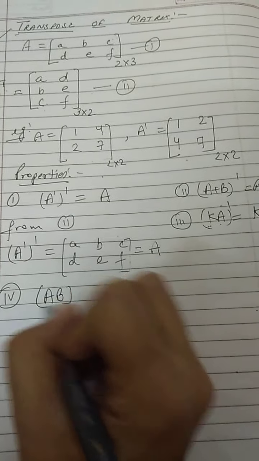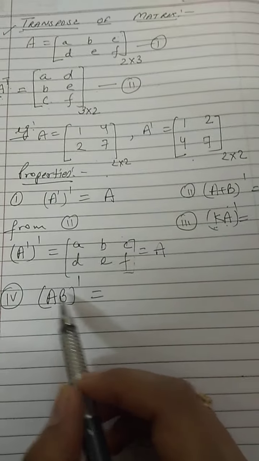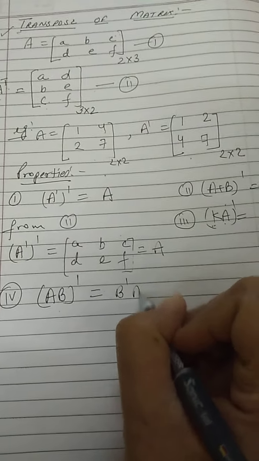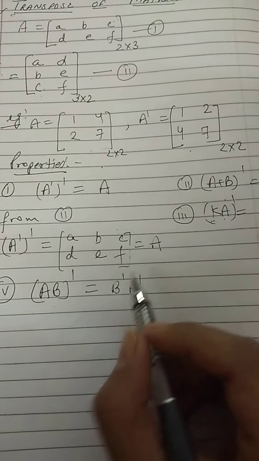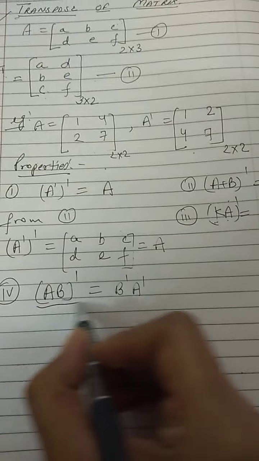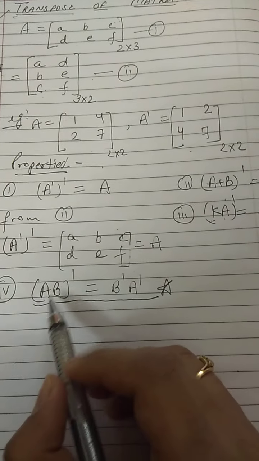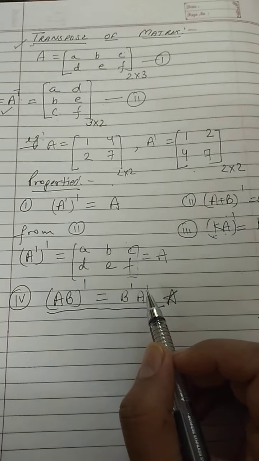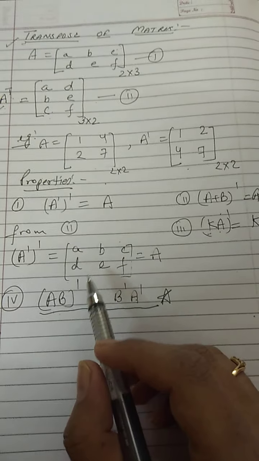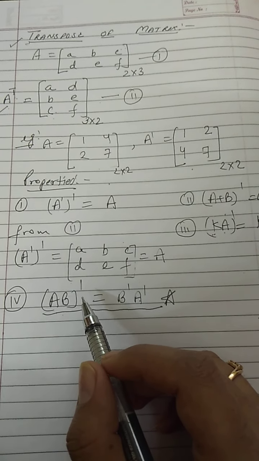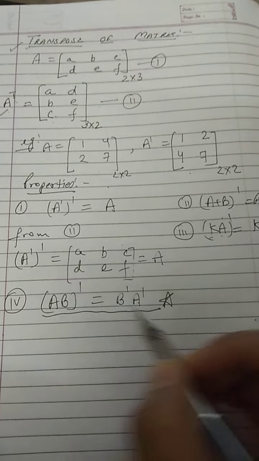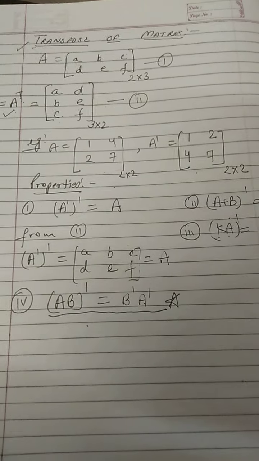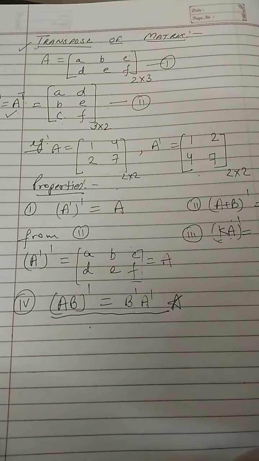If I take the transpose of the product of A and B matrices, so transpose of AB is equal to B transpose A transpose. It will not be A transpose B transpose, so this is important, so remember it. (AB) whole transpose is equal to B transpose A transpose. So these are the four properties of transpose of the matrix, and exercise 3.4 is very simple. It is based upon transpose, and two more definitions we have which are based upon this transpose only. So let us discuss that now.